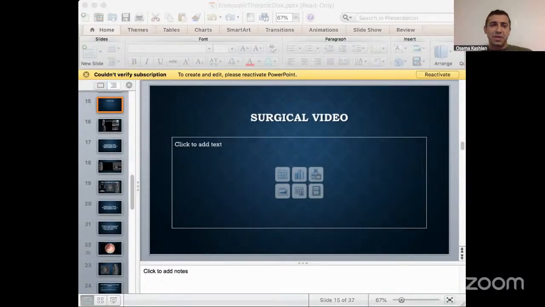So here, this is the spinal cord that you see, and the instrument is going underneath it to get the small disc herniation. This is a right-sided approach. This is a different patient from the one that you saw earlier. This is the bipolar here. So you see the disc herniation right there.